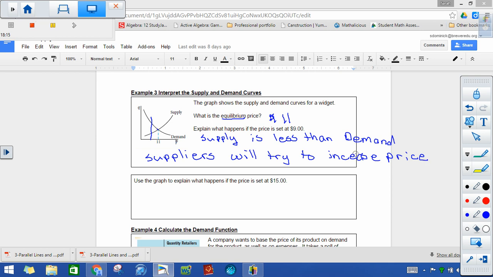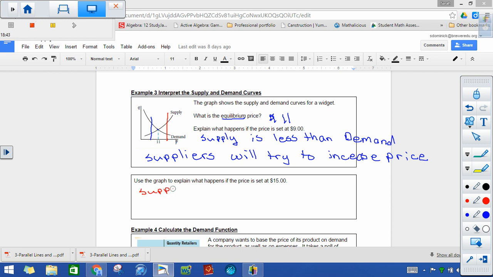If everybody wants one, and like if 20 people want one and there's only 10 of those products, they can charge more for that number of products. People are willing to pay more. So here it says, use the graph to explain what happens if the price is set at 15. So 15 is on the other side of that equilibrium price. Here's the 15. So at 15,